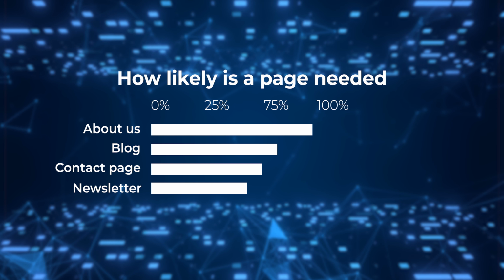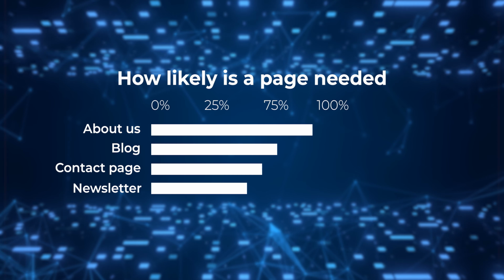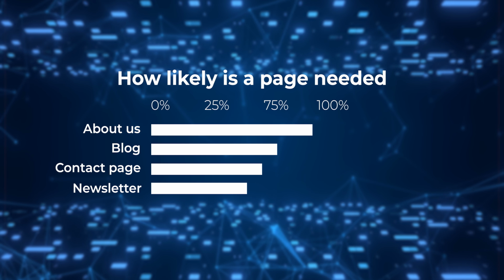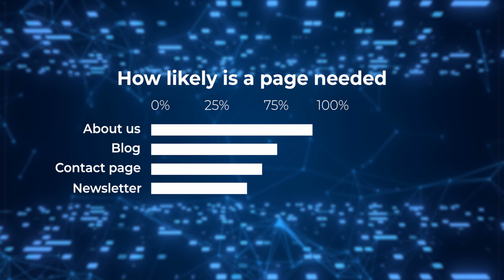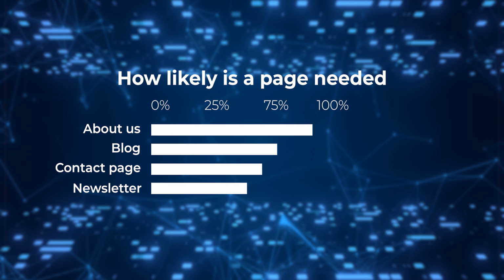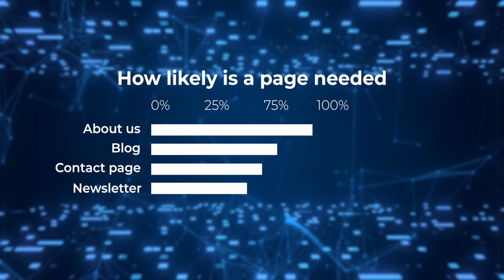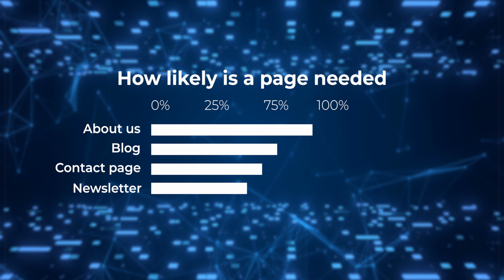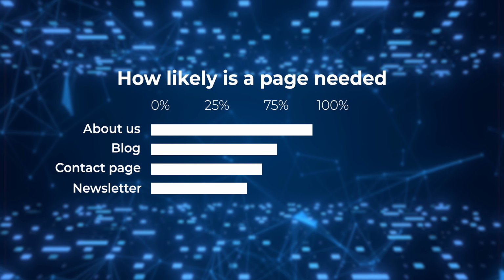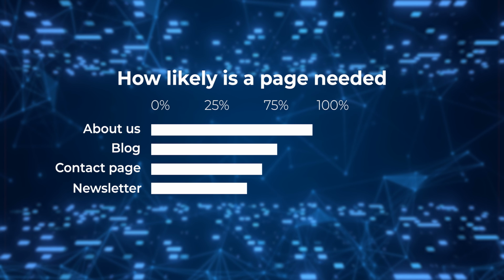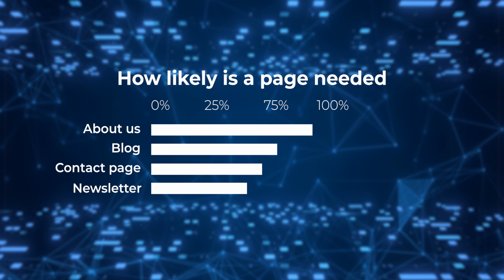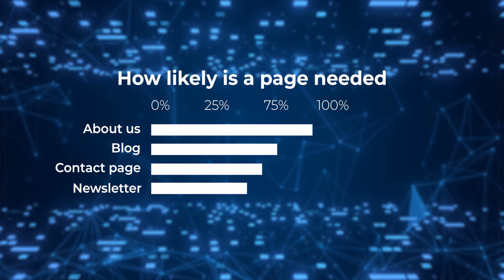Our analysis shows that including a blog, an About page, and a contact page is a must-have for any professional affiliate website. Additionally, 50% of the websites we reviewed included a newsletter. Other pages and features seem either less relevant or only necessary in specific cases. But don't worry if you're unsure about what to include, because you can choose any starting point and make changes